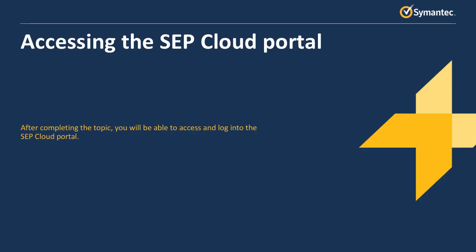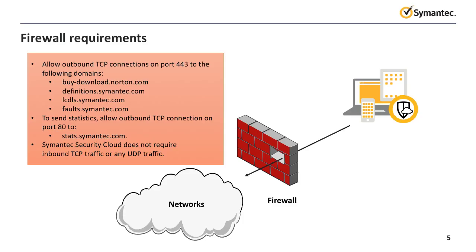This is the Accessing the SEP Cloud portal topic. After completing the topic, you will be able to access and log into the SEP Cloud portal. To use SEP Cloud, make sure that your firewall allows outbound TCP connections on port 443 to the following domains: